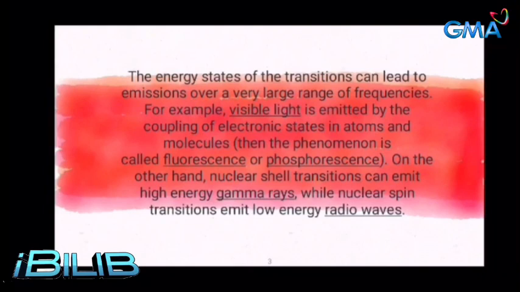The energy state of the transition can lead the emission over a very large range of frequencies. For example, visible light is emitted by the coupling of electronic states in the atoms and molecules. Then the phenomenon is called fluorescence or phosphorescence. On the other hand, nuclear shell transitions can emit high energy gamma rays, while nuclear spin transitions emit lower energy